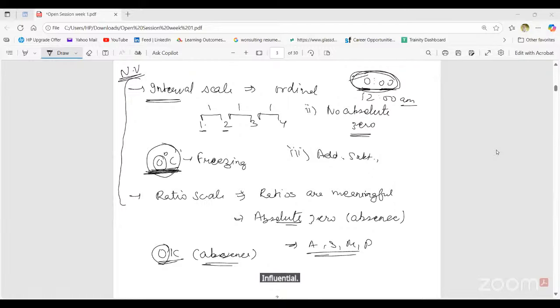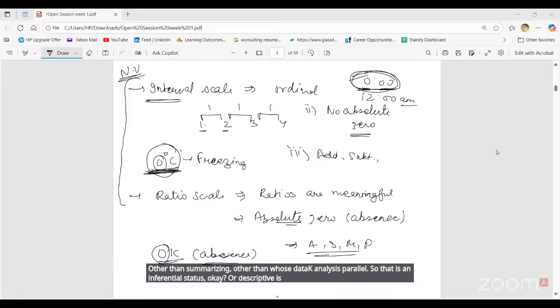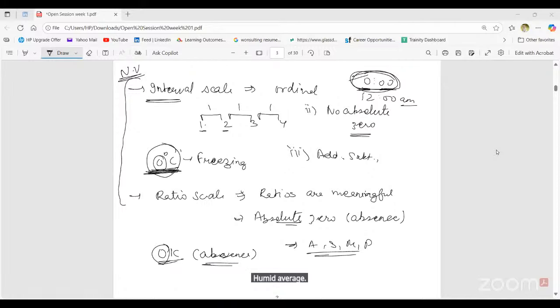हाँ, so main thing is कि अगर तुम कंक्लूड कर पा रहे हो, कुछ कंक्लूजन निकाल पा रहे हो, अदर देन समराइजिंग, अदर देन उस डेटा के अलग से तुम कुछ और कंक्लूड कर पा रहे हो, तो दैट इज एन इन्फ्रेंशियल स्ट्रैटेजी, ओके। और डिस्क्रिप्टिव इज तुम खाली डेटा को देख के उसको समराइज कर रहे हो, ये मेरा एवरेज निकला है, ये मेरे इतने बच्चे हैं, इतने बच्चों का मार्क्स ये है, ये है टॉप, और ये है स्टूडेंट जिसका कम मार्क्स आया। तो जस्ट डिस्क्राइब करो, डेटा देख के डिस्क्राइब कर दो, ठीक है।